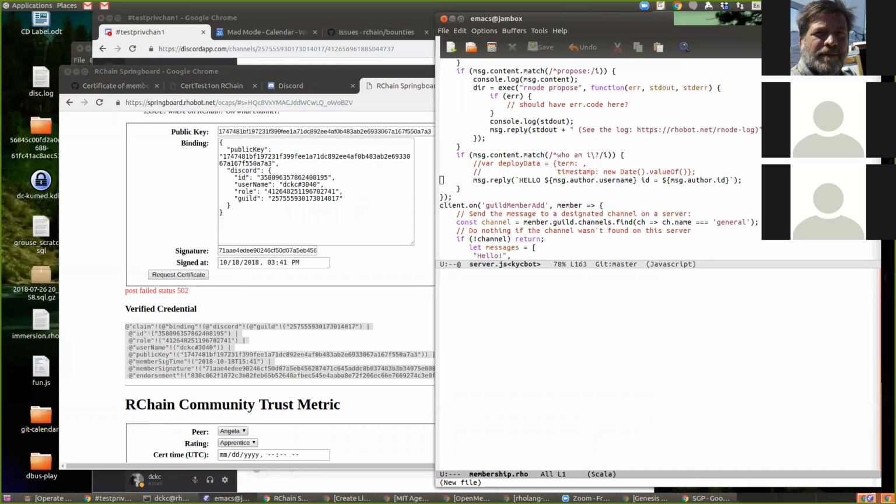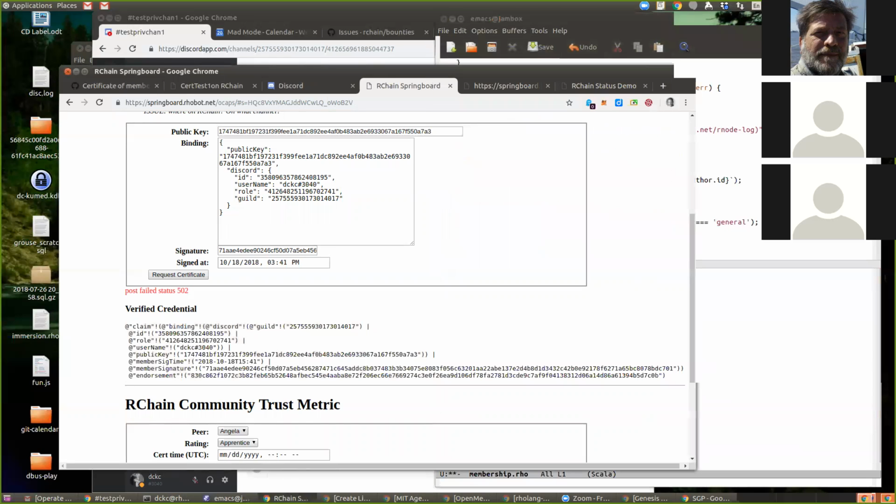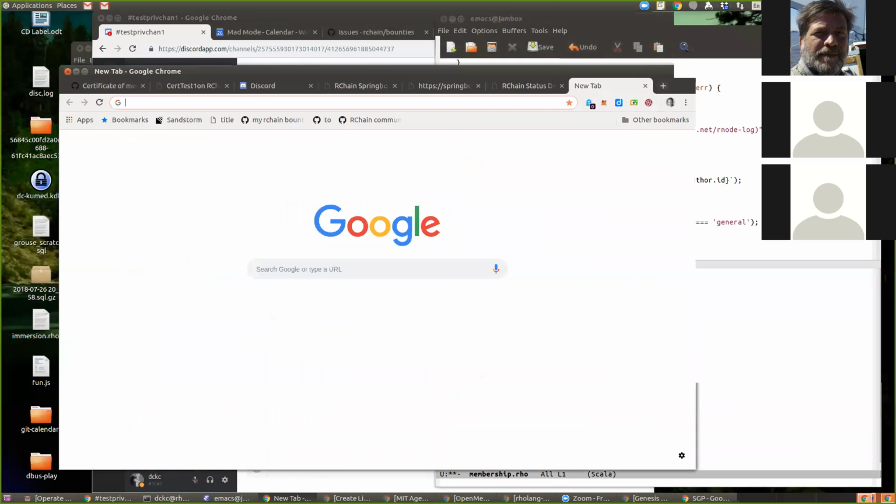I mean, the contract seems to work, but I didn't modify it to put it on the registry yet. But we could store it in the key value store. I forgot how to use the registry.